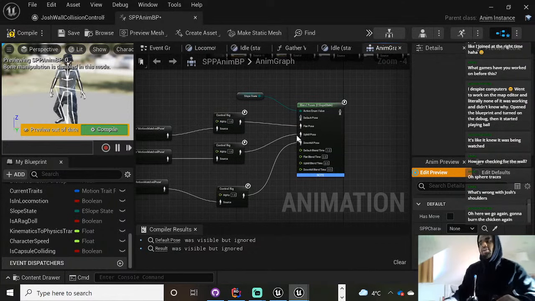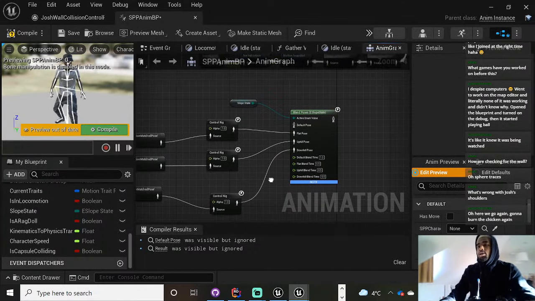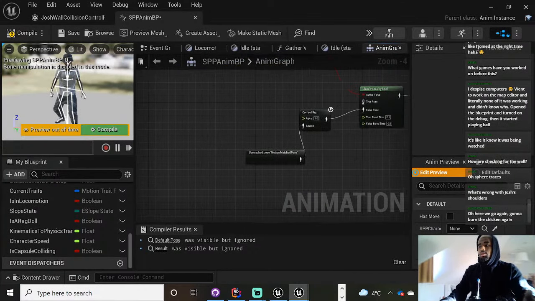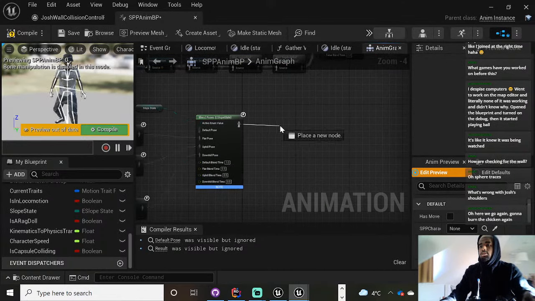Because basically, if we're flat, we're doing that. If we're uphill, we're doing that. If we're downhill, we're doing that. So this will always be doing something. So you're always gonna want one of the things. And then you're just gonna